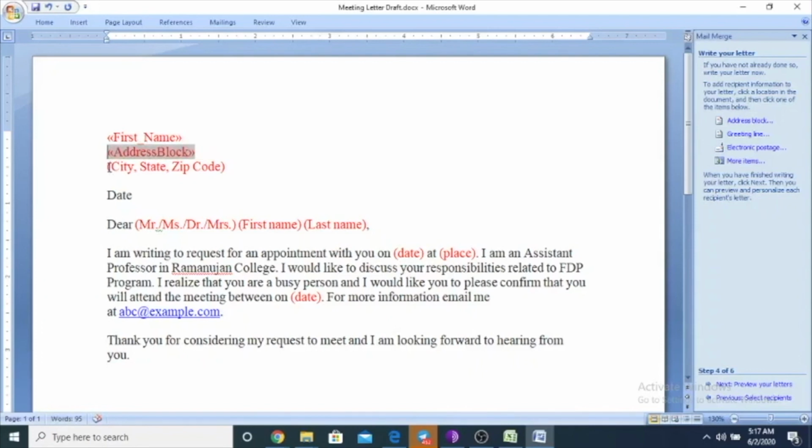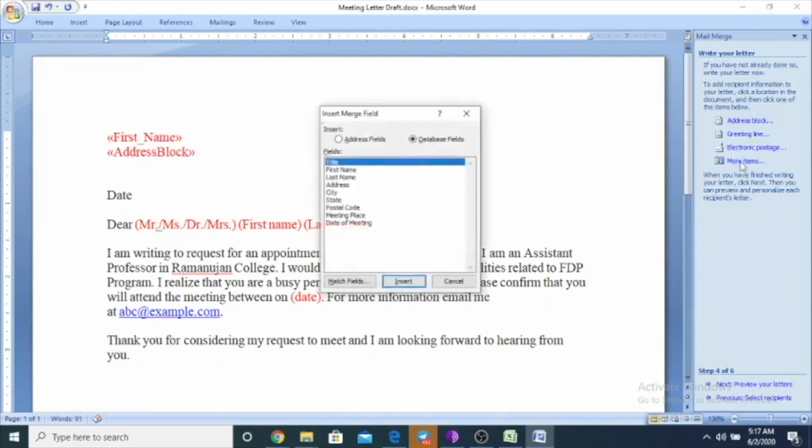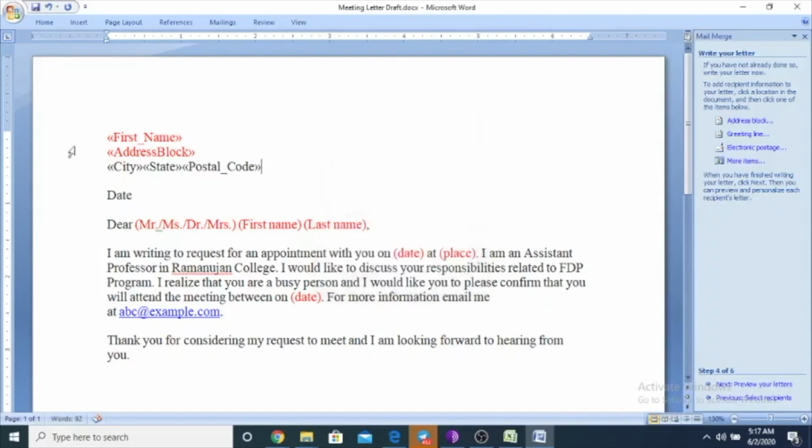Now I want to add the city, state and zip code, so I am removing it and adding the placeholders on their behalf. So I want to add city, state and postal code. Okay, so I have created it. Now you can see these are nothing but the merge fields, or you can say the placeholders, that I have already mentioned in my slides.